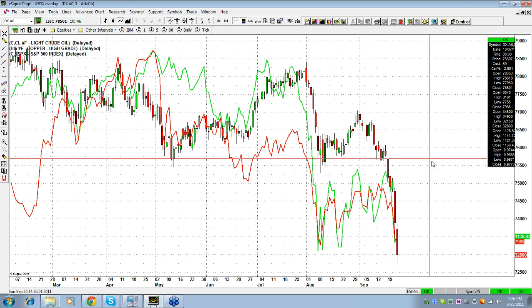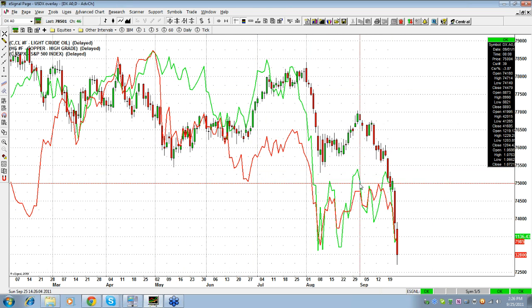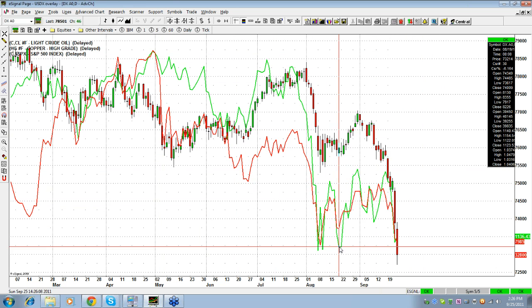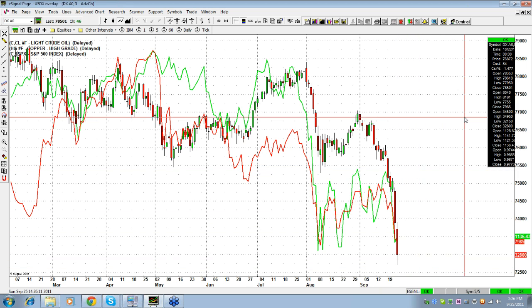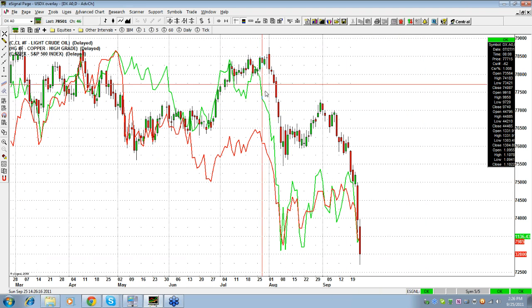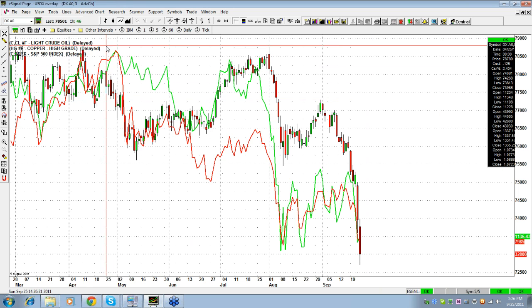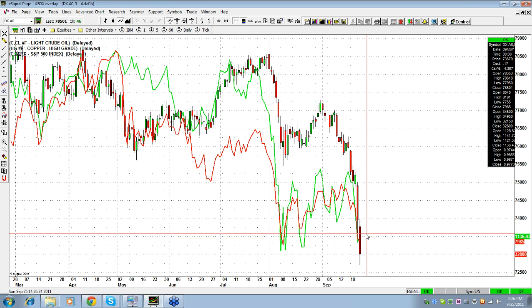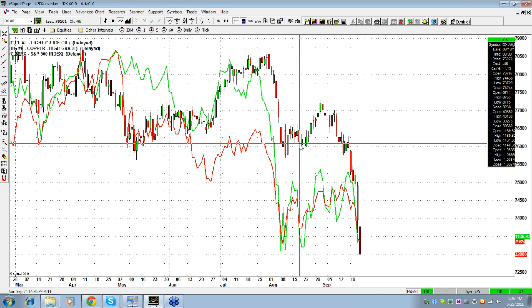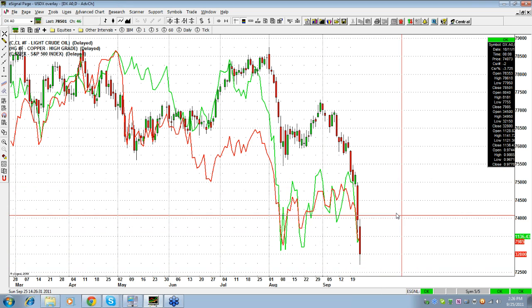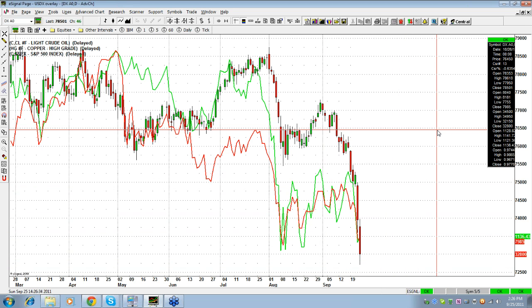That's what I say. If it's a nest, it's going to go lower. Oil is not supporting the nest in the S&P. Oil is supporting 1, 2, 3, 4, 5, and then 3 backs. You follow me, guys? That's why maybe copper is doing a 3 waves and then he's going to do a 3 waves back. Because I see the recovery in copper correctly in some degrees. Hi, Tony. So oil is telling me that a recovery in risk is going to happen. That's what oil is telling me.